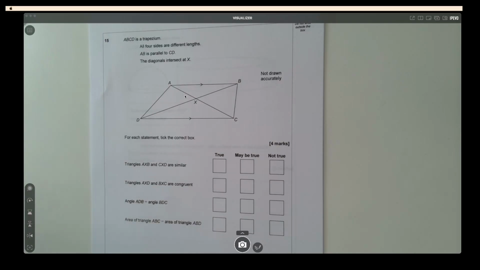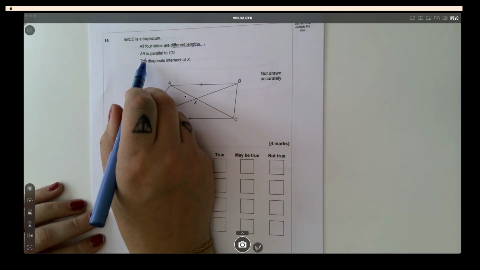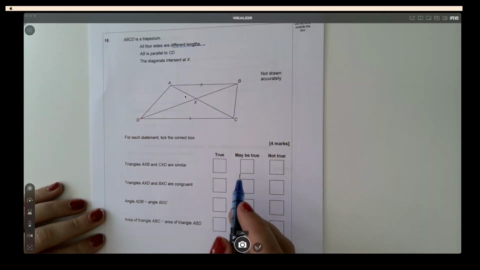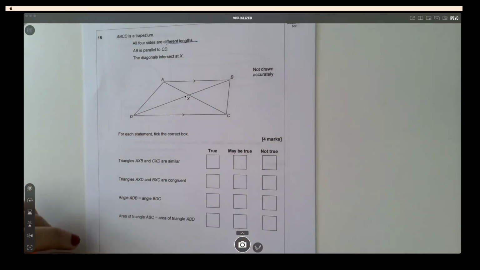Question 15. ABCD is a trapezium. All four sides are different lengths. AB is parallel to CD and the diagonals intersect at X. For each statement, tick the correct box. So triangles AXB,